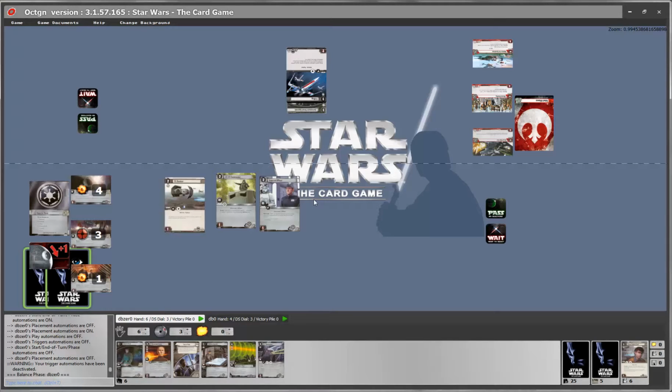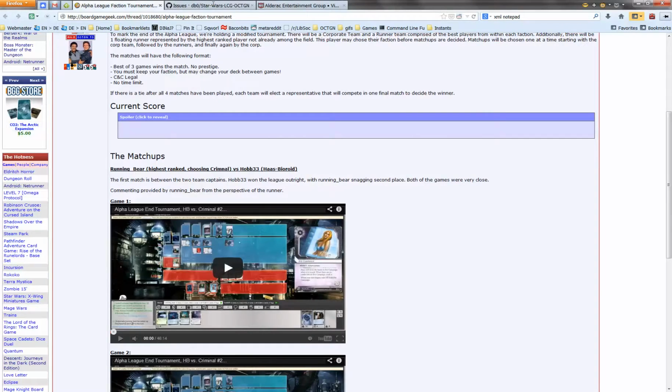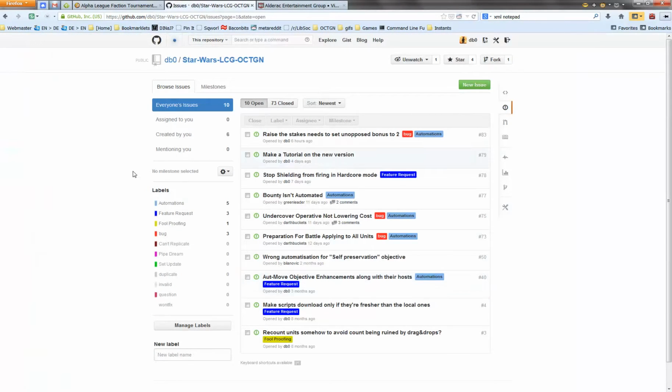Don't be afraid to report any bugs or issues you find. I make a best effort to fix everything as soon as it's reported. And if you have any suggestions for improvements or any bugs that you find, there is an issue tracker on GitHub.